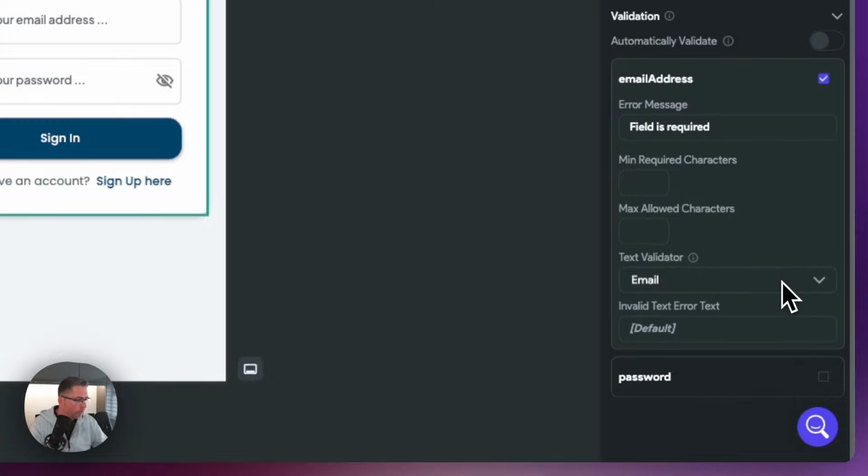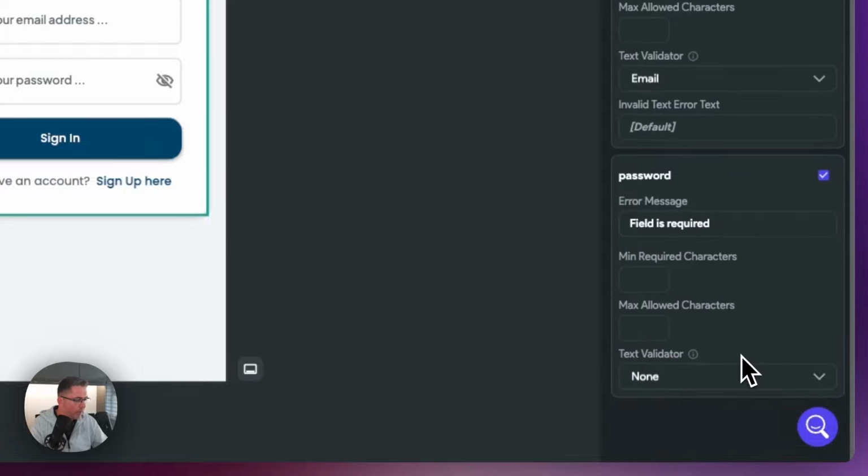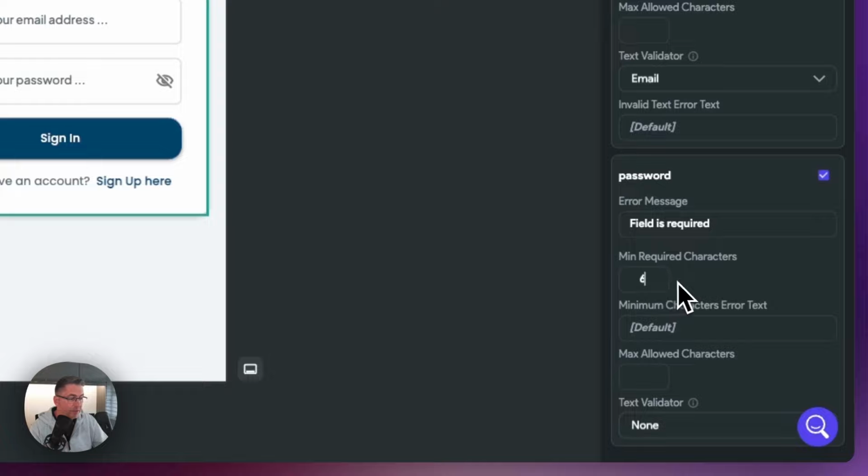So let's move now down to the password option just down here on the left, on the right hand side here. Just choose password, just hit that, and we're going to want to make some changes in here. Within the minimum amount of required characters for a password, Supabase only supports 6 or more. So we're just going to want to choose 6 here, and then in our minimum characters error